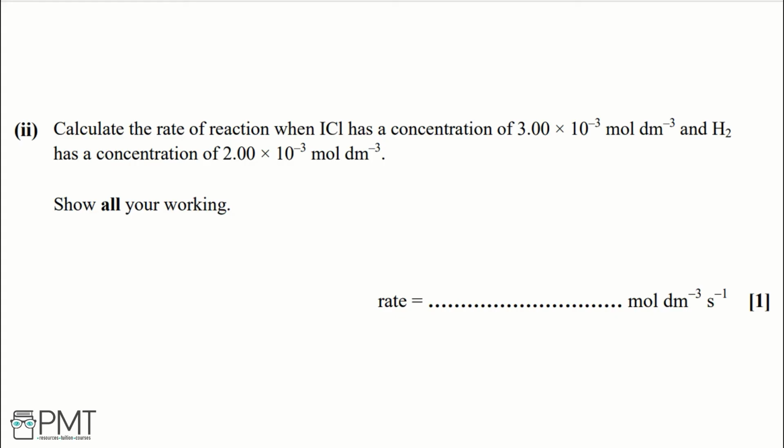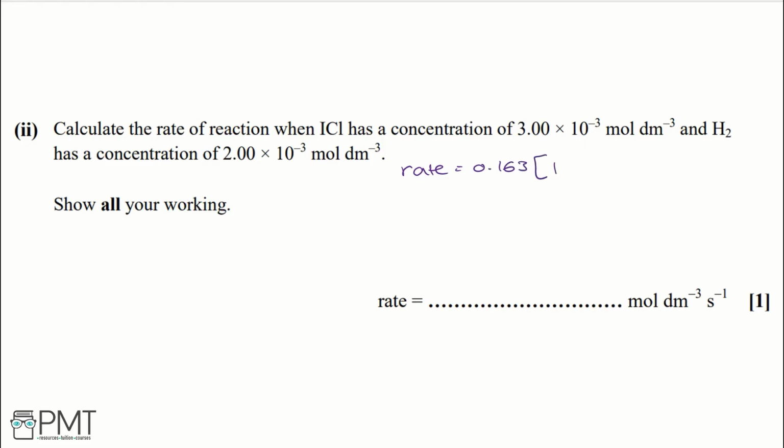Part 2. Calculate the rate of reaction when ICl has a concentration of 3.00 times 10 to the negative 3 moles per decimeter cubed, and H2 has a concentration of 2.00 times 10 to the negative 3 moles per decimeter cubed. Show all your working. We know from the previous question that the rate equation is rate equals